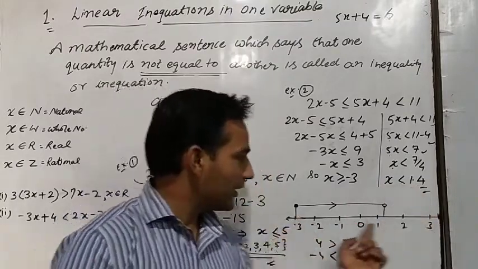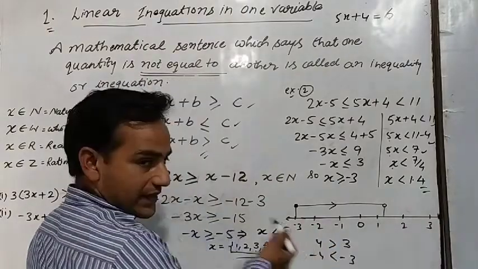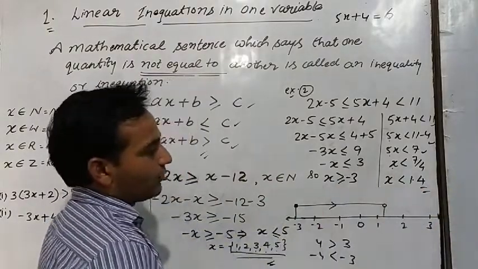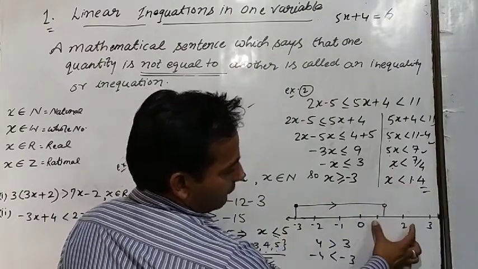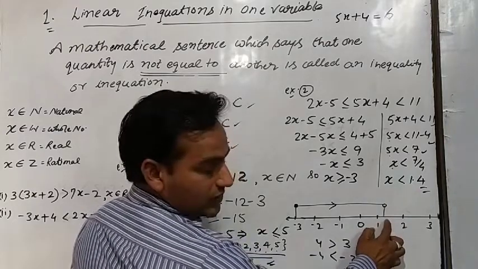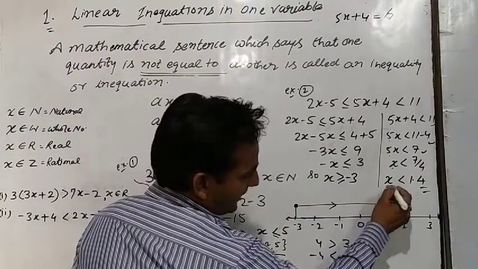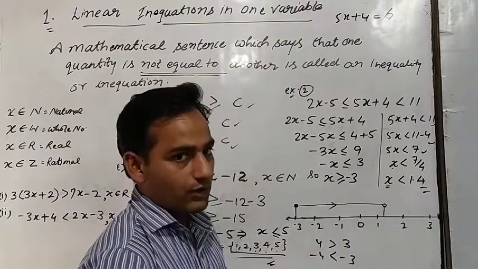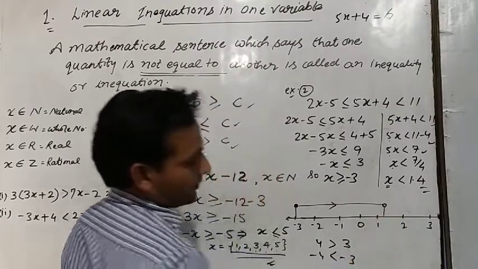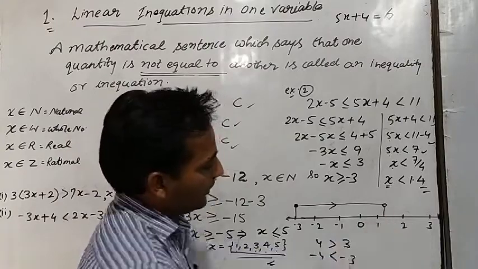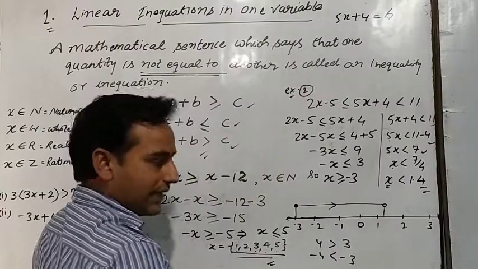So we will draw a number line in which 0, 1, 2, 3, 4, -1, -2, -3, -4 up to infinity. Now the first is the value of x is less than 1.4. In between 1 and 2 we will get 1.4, somewhere here. Because the value of x is less than 1.4, not equal to 1.4, we have made a blank circle here. The circle is not darkened fully. That means we cannot take 1.4, something less than 1.4 can be taken.